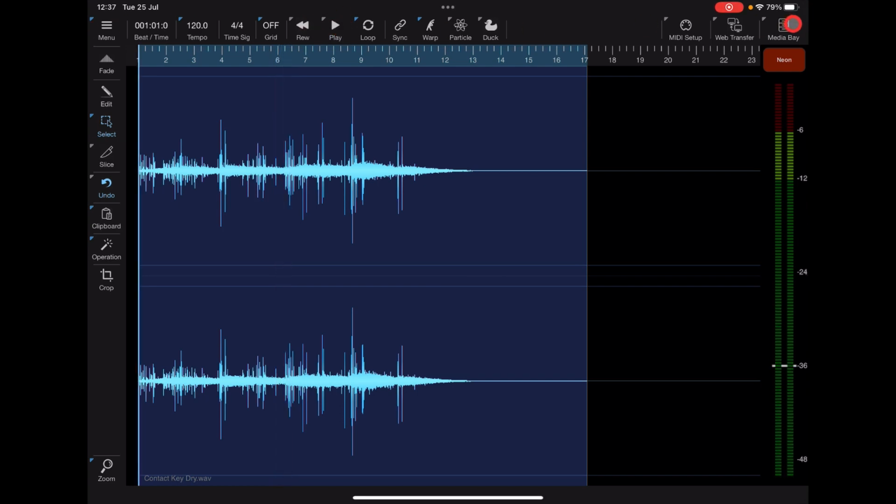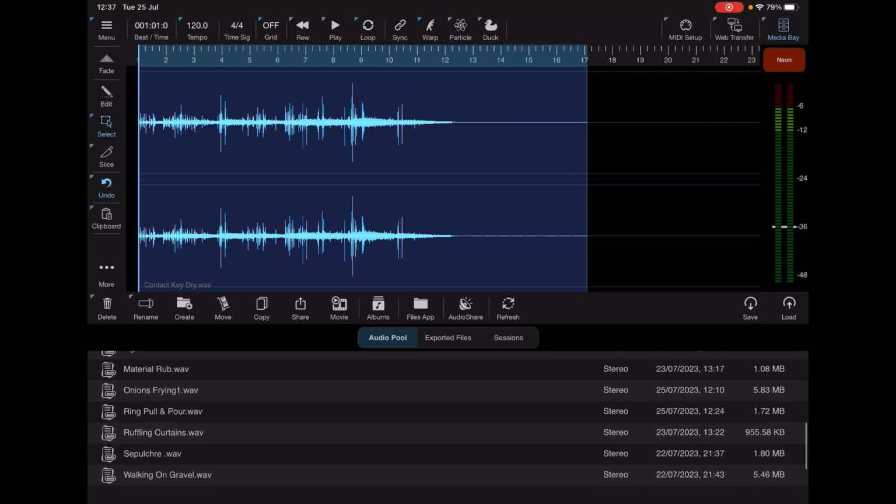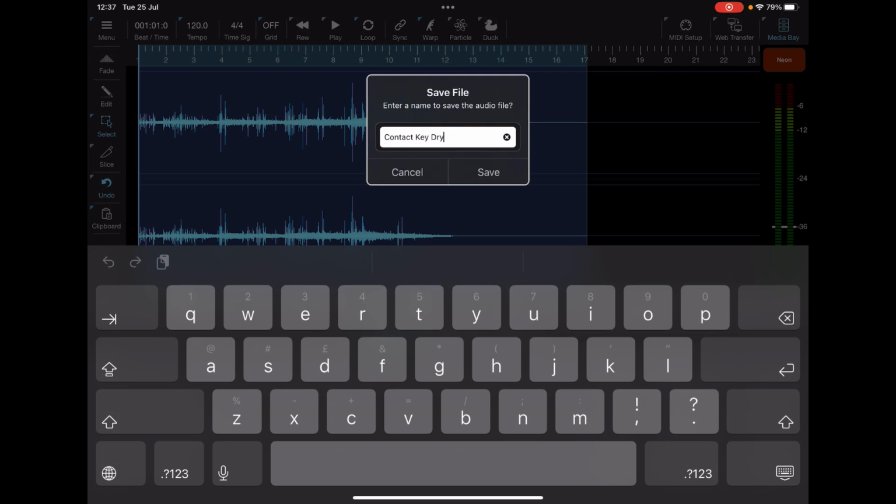I'm going to go to Media Bay, select where I want to save it. Well, I want to save it here. It's fine. I'm just editing one that's already here. So I'm just going to save, and I'm going to call this contact key,